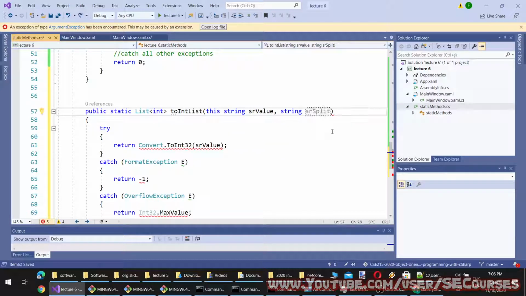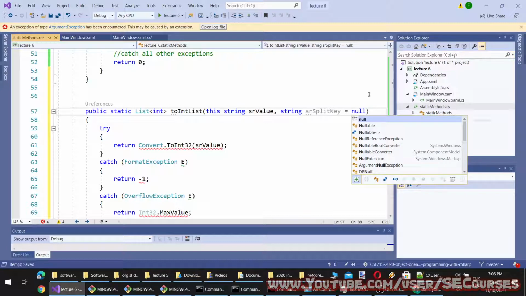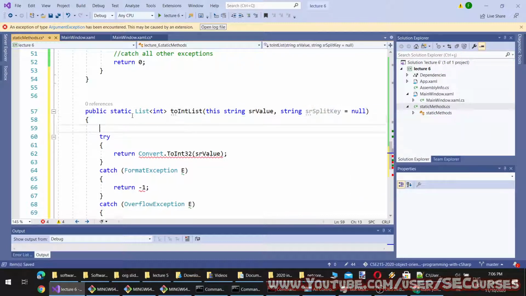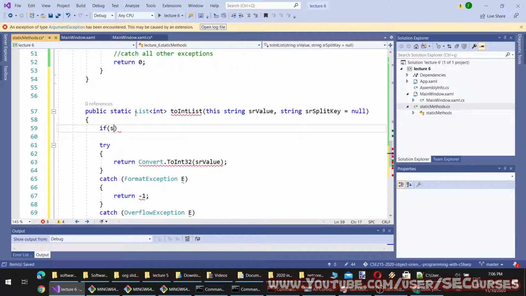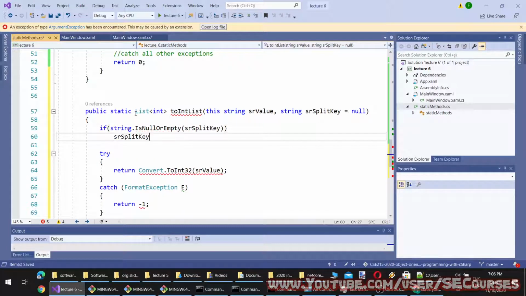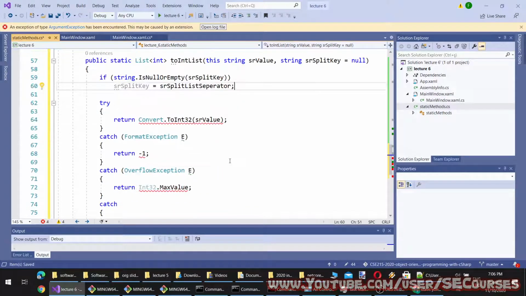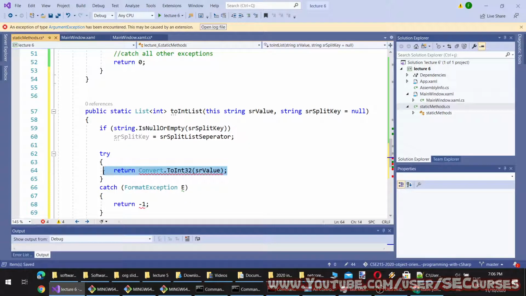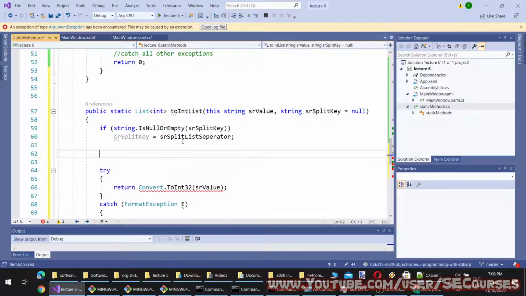Okay, we can set it that way. Split key. However, we can set it like this, default null, and if string is null or empty, we can set it to the split key separator. I think this should work. Yes, it is working.